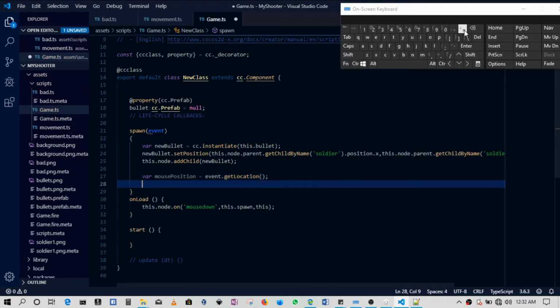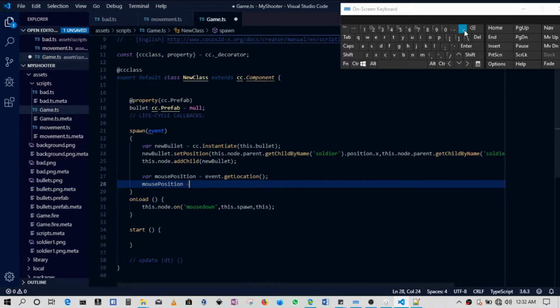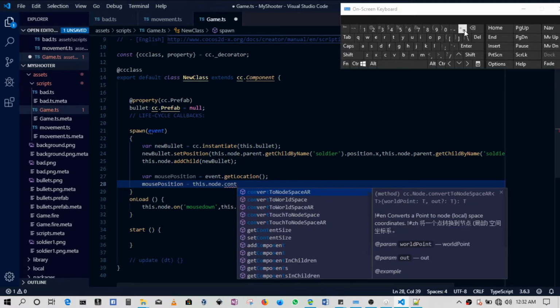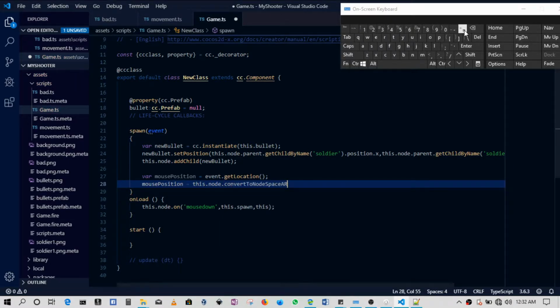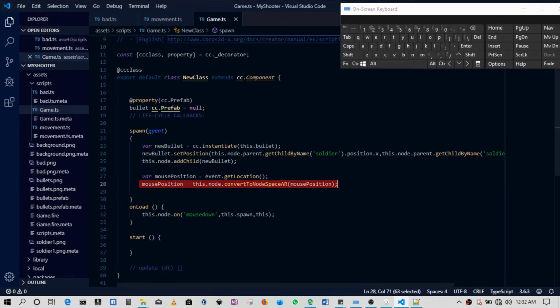That gets the mouse position. After getting it, we'll still have to convert it. So mouse position will be equal to this.node dot convertToNodeSpaceAR. So we convert the mouse position